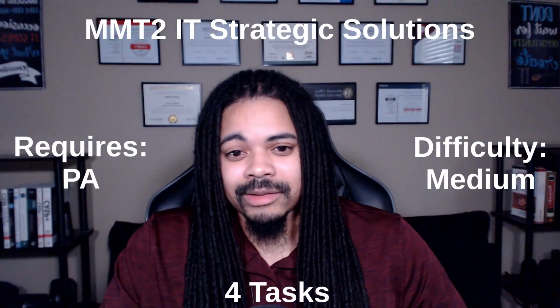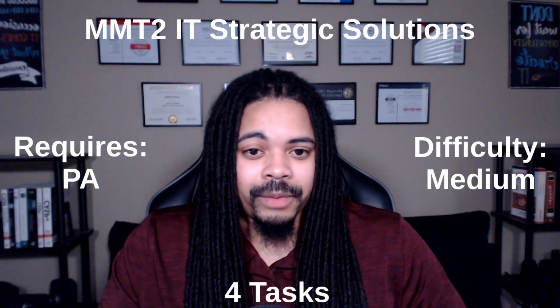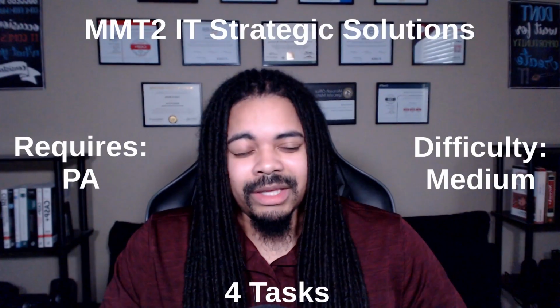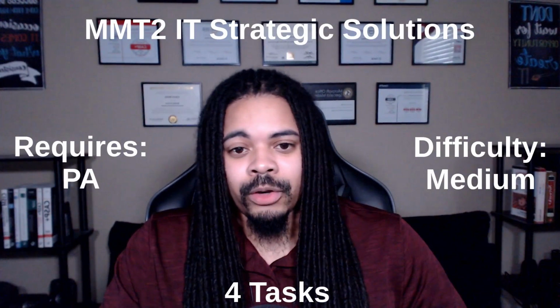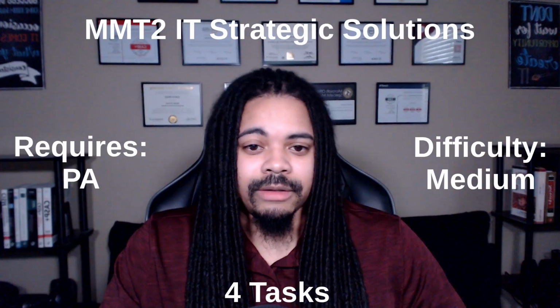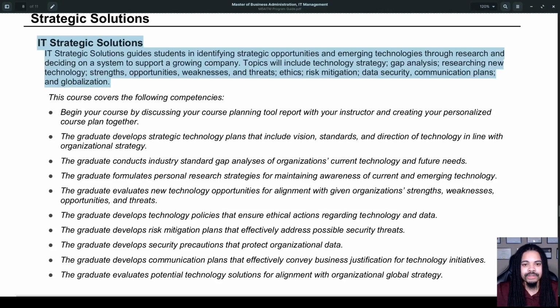It's the second to last class, so hopefully it won't be too bad, at least second to last in the order that I plan on doing it in. But yeah, I think it's probably just going to be more annoying that it's 4 tasks versus it being something that's actually really difficult. All right, so looking at the top here, it says topics will include technology strategy, gap